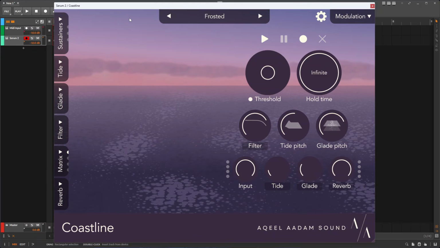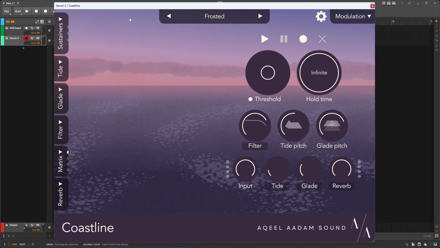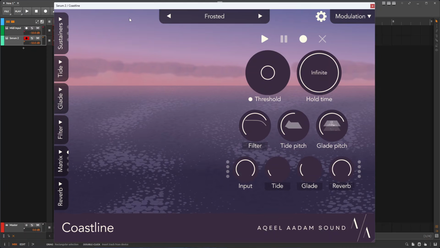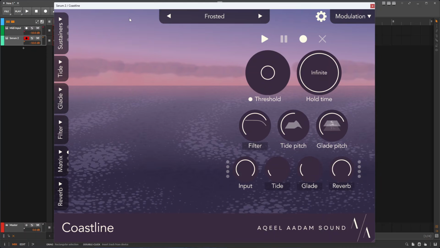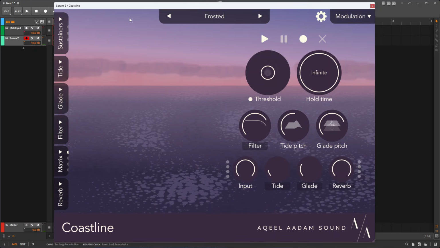Of course, it's in the modulation where Coastline really comes alive, because that will introduce movement and fluidity to the sound. So let's try a Serum patch on this preset Frosted, and then I'll show you what's going on under the hood. So if I play a simple chord,